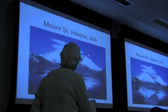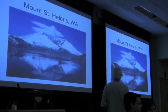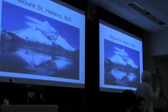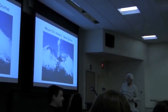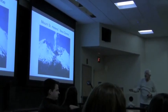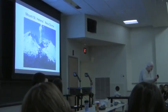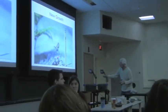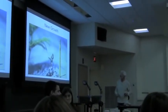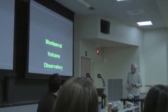There it is today. Growing up, Spirit Lake is not the same. It's now 300 feet higher. The old Spirit Lake is buried. All right. So it's rebuilding. It's beautiful. Look at that, coming back to life. So Mount St. Helens, volcanic ash, pumice, is very good for the environment, helps nutrify the soil, and new life comes up, all right, new growth, so it all starts anew. And now, my final show,